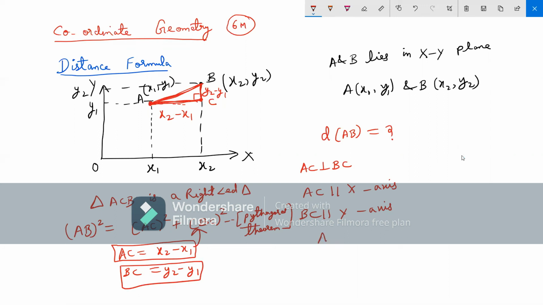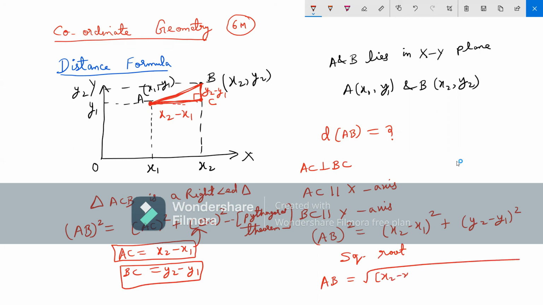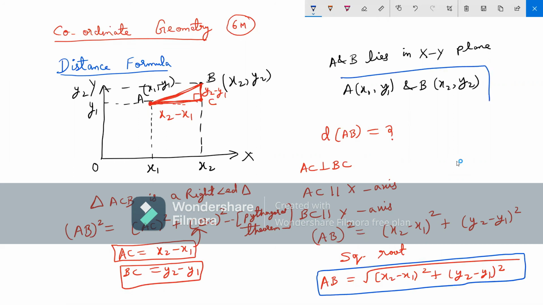ठीक है, तो AB square will be x2 minus x1 whole square plus y2 minus y1 whole square. Now you will take the square root of both sides. So here AB will be the square root of x2 minus x1 whole square plus y2 minus y1 whole square. So this is the derived formula for calculating distance, which is also called the distance formula. So whenever two points are there and if you know the coordinates of these two points, then you can find out the distance between the two points by using the distance